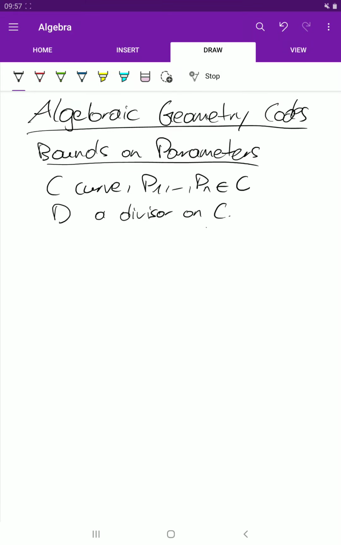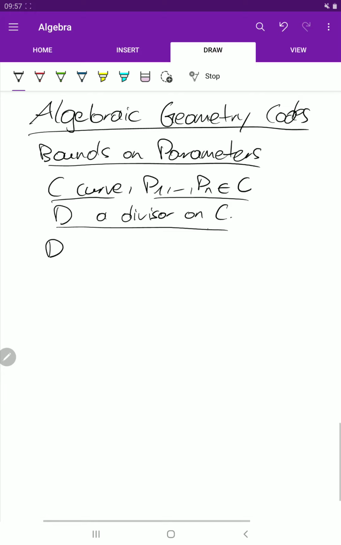Hello, today we're going to continue with algebraic geometry codes and we'll see some bounds on the parameters. So let's start with a short reminder. We started with a curve C, we have some points on this curve and we have a divisor on this curve. This divisor is just a formal sum of the points, and as before we'll split the divisor into two, namely